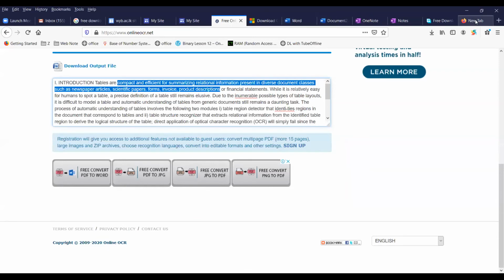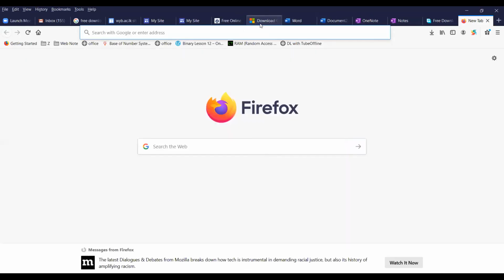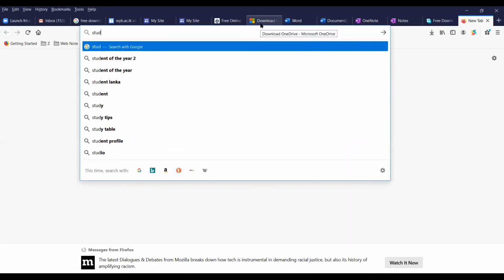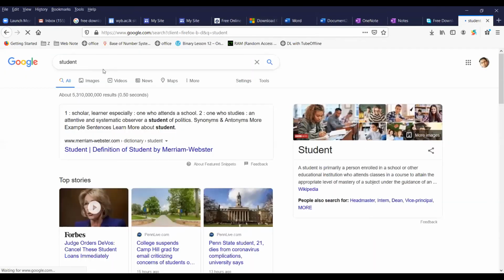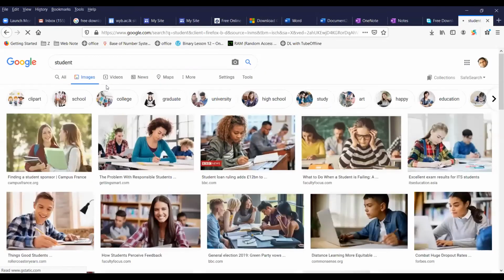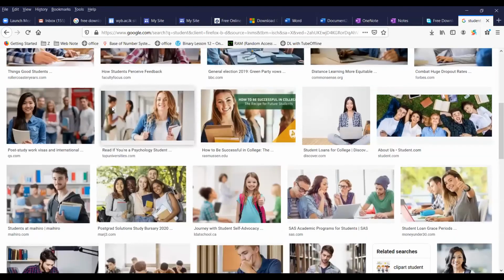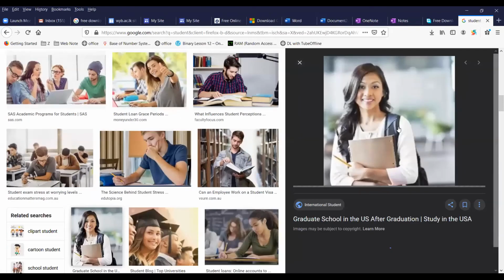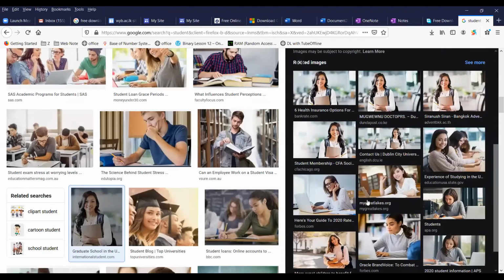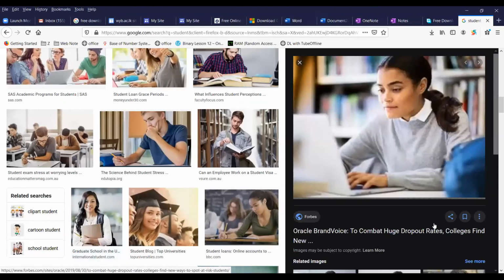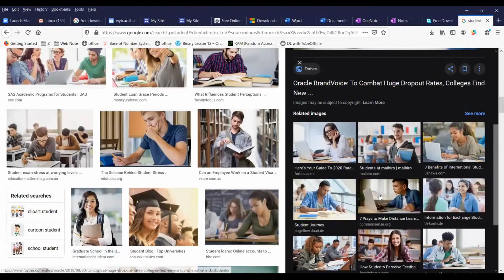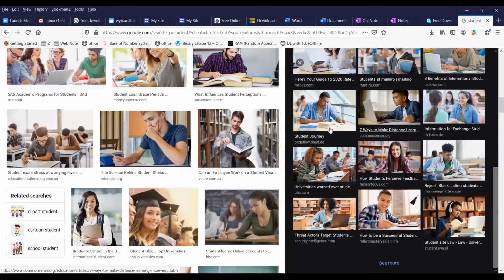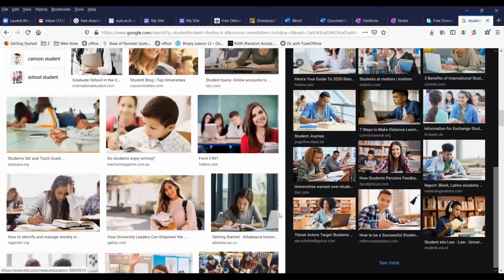Let me show you. If I search for an image, I can't see them here. There are images with those watermarks there.